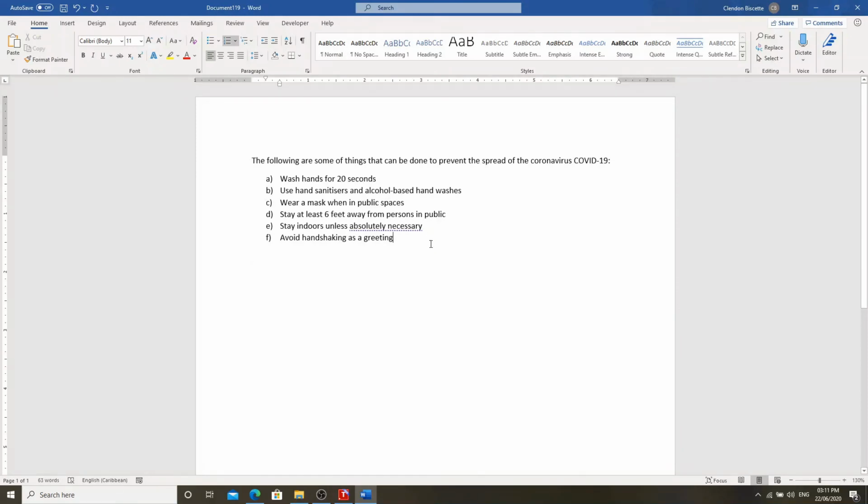So that is how you create bullets and numbering in a word processor. One of the things that you can use bullets and numbering for, as I mentioned in the beginning, is to identify that a list is a list, and you can also use it to identify a sequence of steps in something. Okay, guys, in